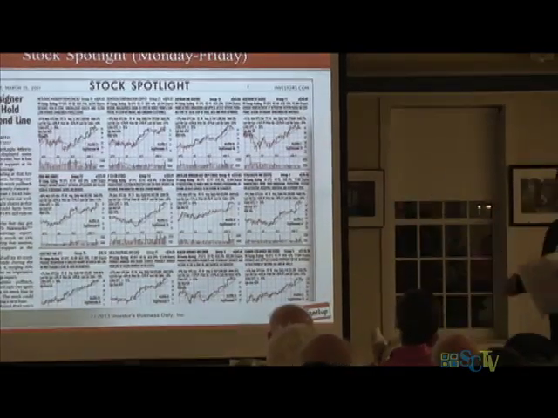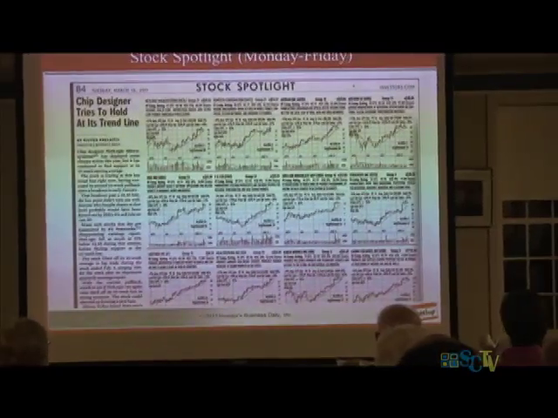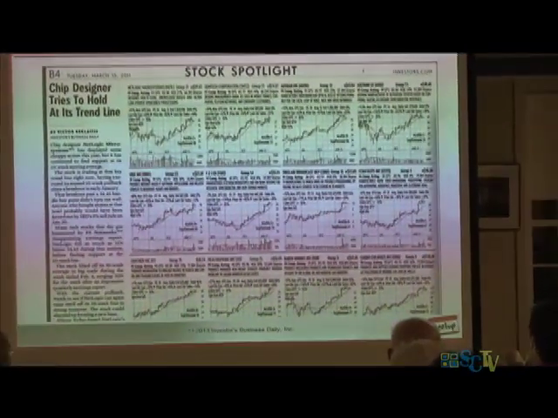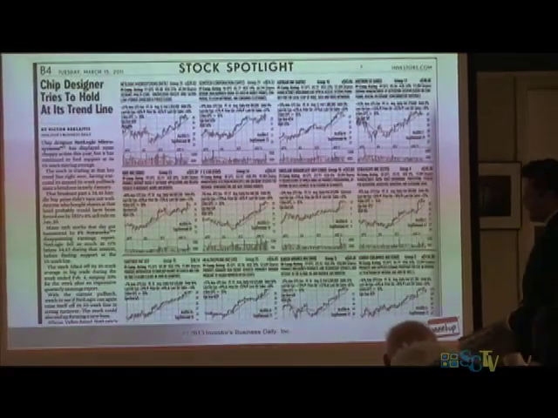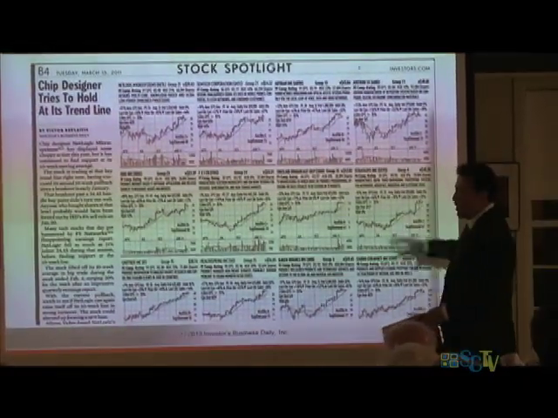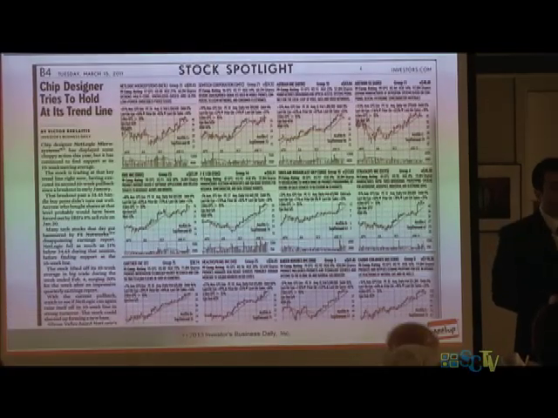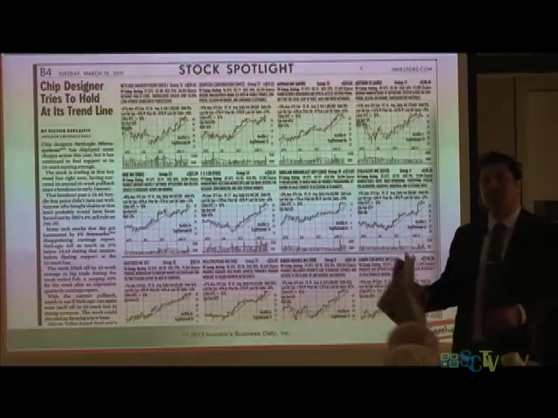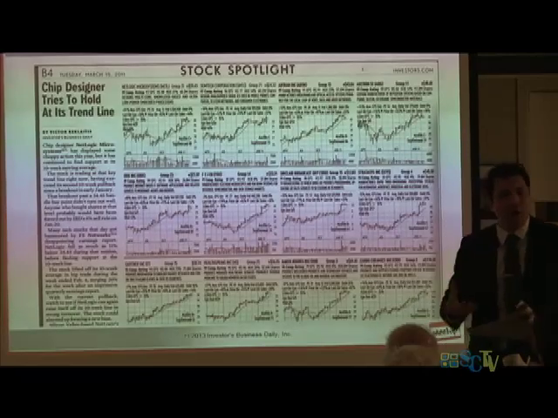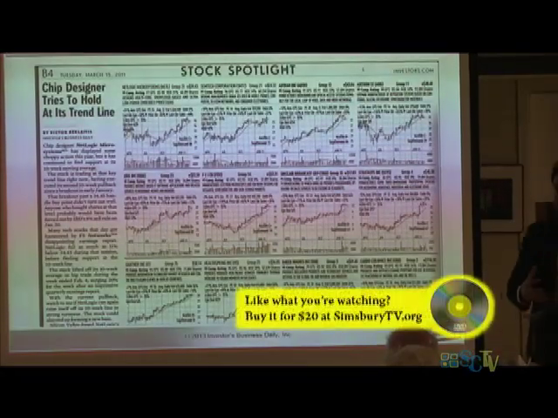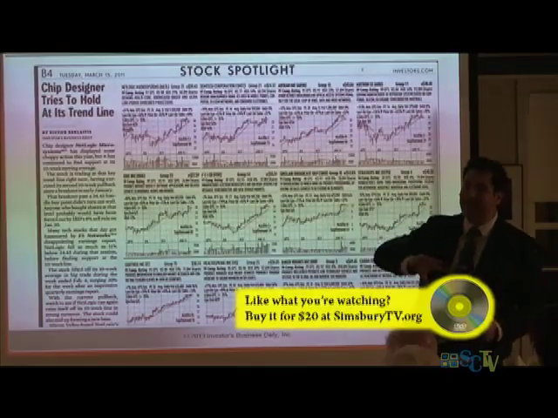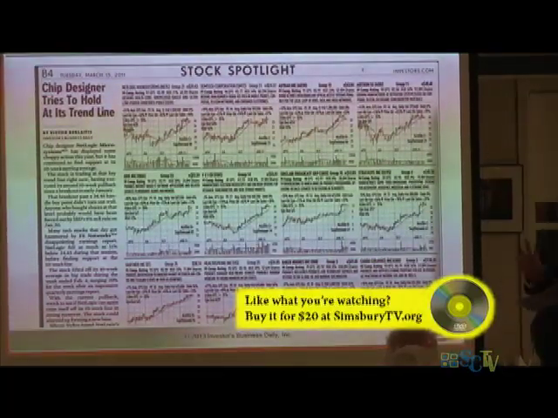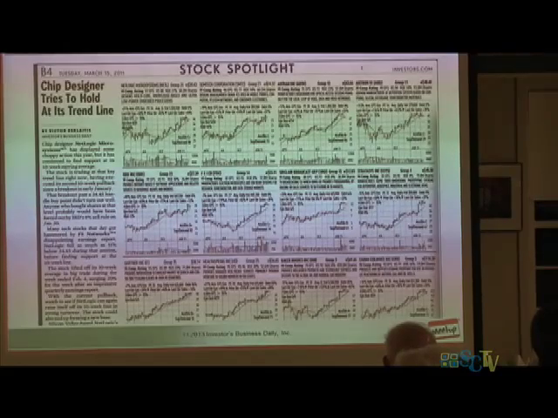It comes out every day in the paper, okay? And you're always going to get 16 stocks every day. But the list doesn't necessarily change every day. You're not going to see wholesale changes. Tomorrow, when you pull up this paper, you're not going to see a brand new list of 16. In fact, you'll see a lot of the same stocks reappear on this list day in and day out, probably for several months, until they show weakness and they start to rotate out, and then you'll see other names make up the list, okay?